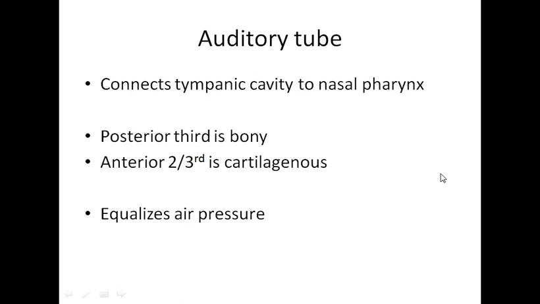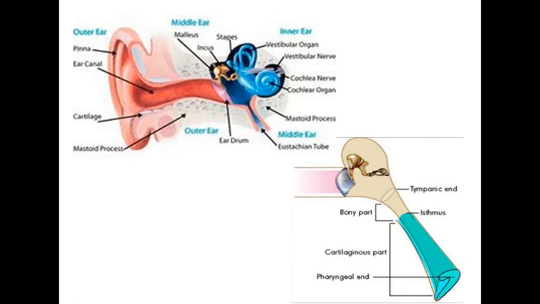Now we come to the auditory tube, which connects the tympanic cavity to the nasopharynx. The posterior third is bony and the anterior two-thirds is cartilaginous, and its action is that it equalizes the air pressure, right? So this is the auditory tube,